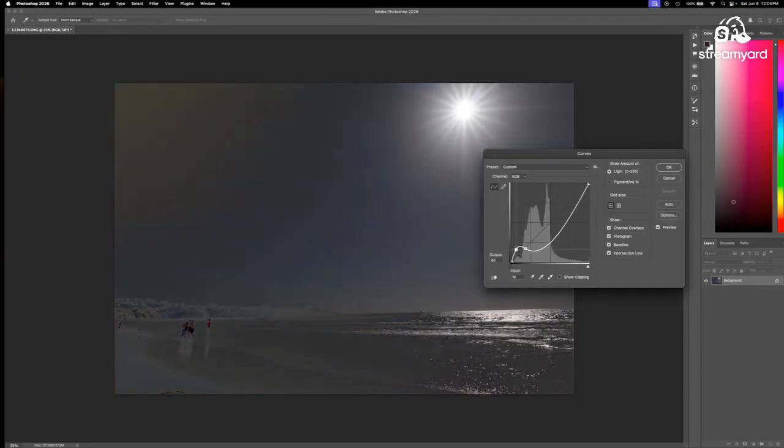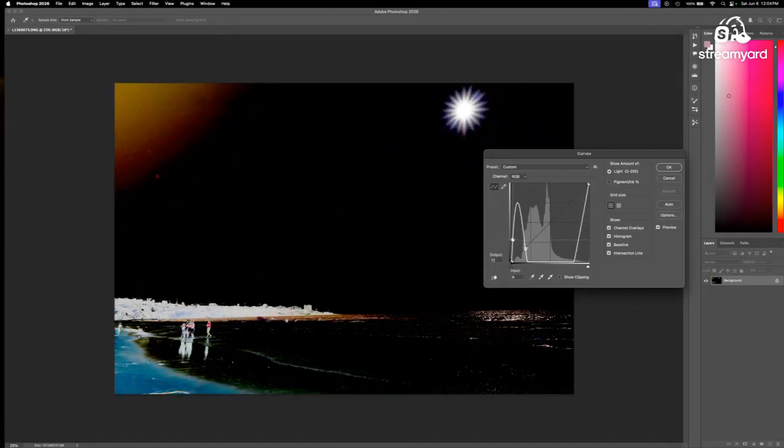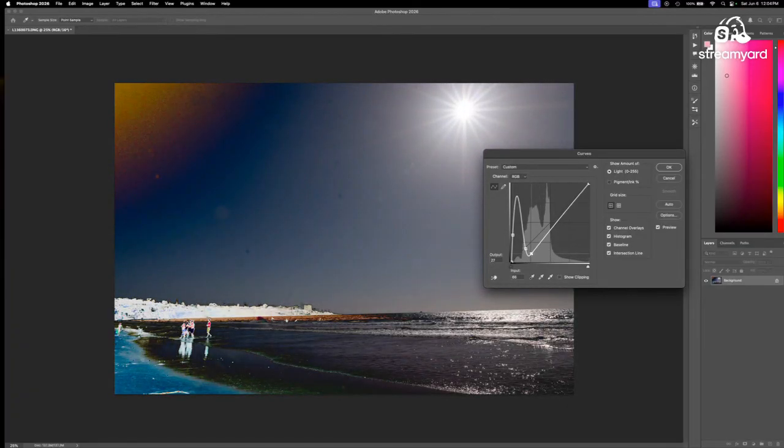Let's try taking just the very low end here. And look at that. We're getting all kinds of colors coming out on them. There's color information in there, even though we couldn't see it. Let's bring this back up to the other areas, back to normal.